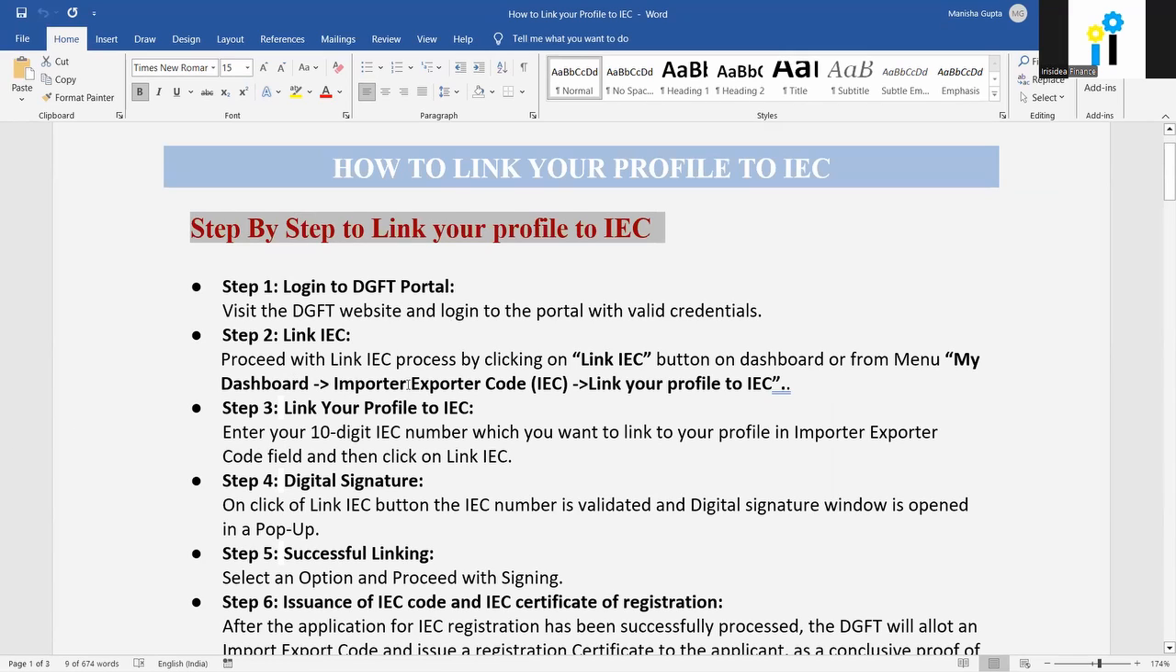Proceed with the link IEC process by clicking the Link IEC button on the dashboard. When you log in to your dashboard, you will see the Link IEC button. Or if you are not able to see it on the dashboard, from the menu go to My Dashboard, Import and Export Code, then click on Link your profile to IEC. Once you click on it,